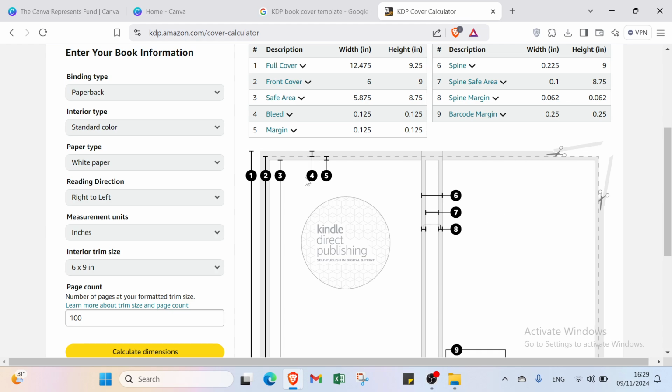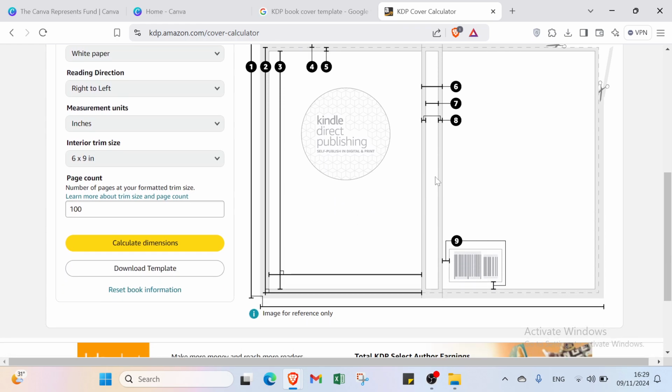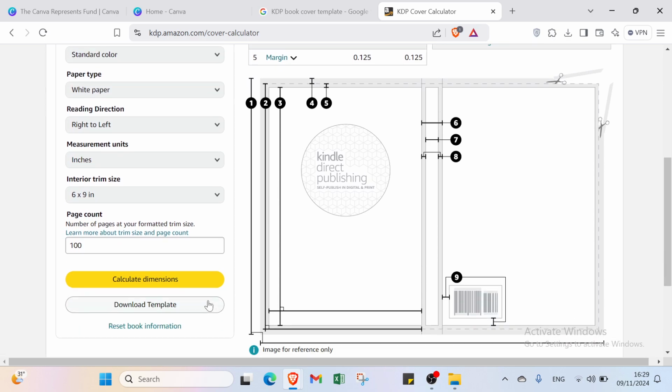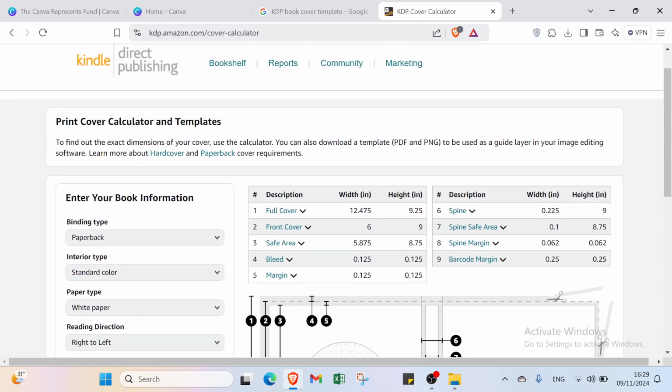And here we have how it looks as you can see. You can just get started as soon as possible. All you have to do right now is just click on download template. But before, let's just know what the dimensions are as you can see. Here we have the full cover. We have 12.475 and about height we have here